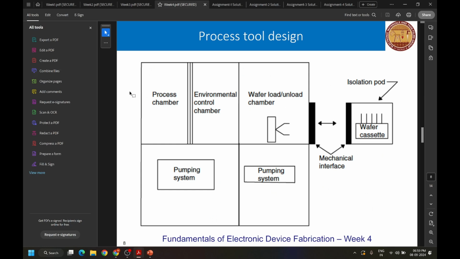And this is how your process tools are designed. They are kept under high vacuum environments to reduce the amount of contamination as much as possible. These are the pumping systems for the vacuum. Your wafers come in through an isolation pod. They are mechanically attached to your tool. The door is opened, and you have a load unload chamber with a robot arm, which will go into your isolation pod, take out